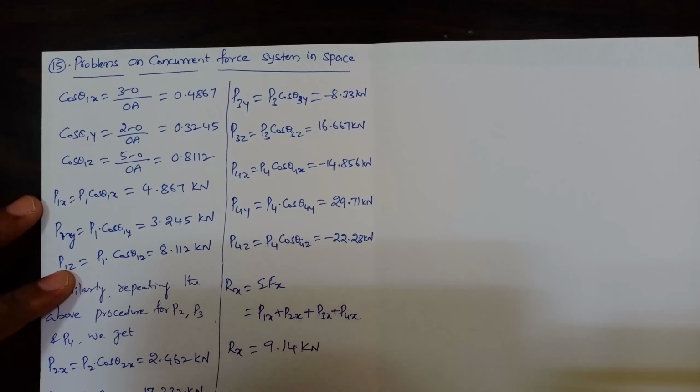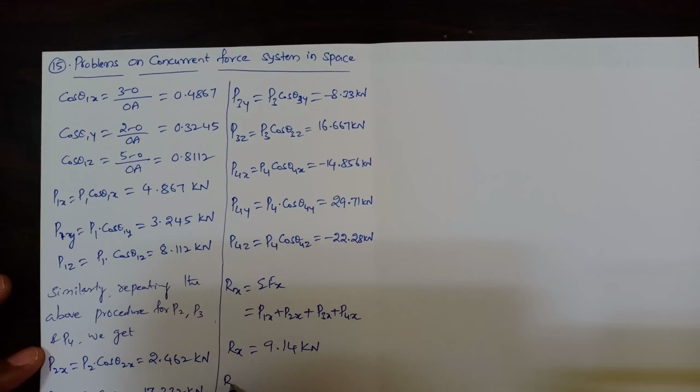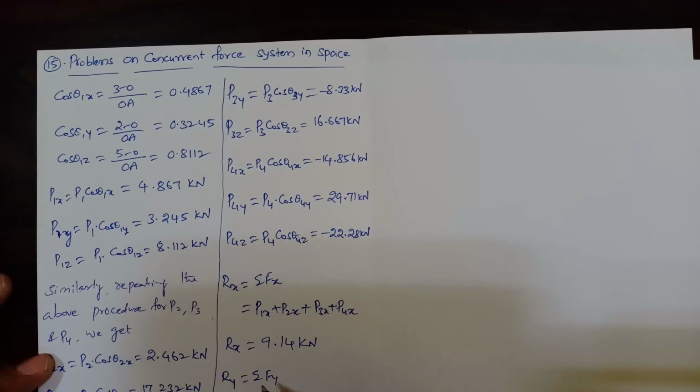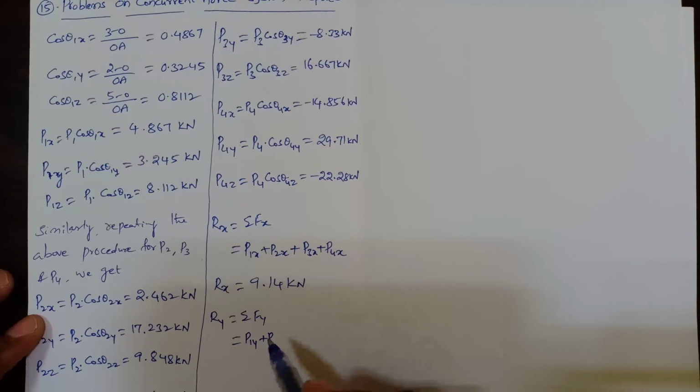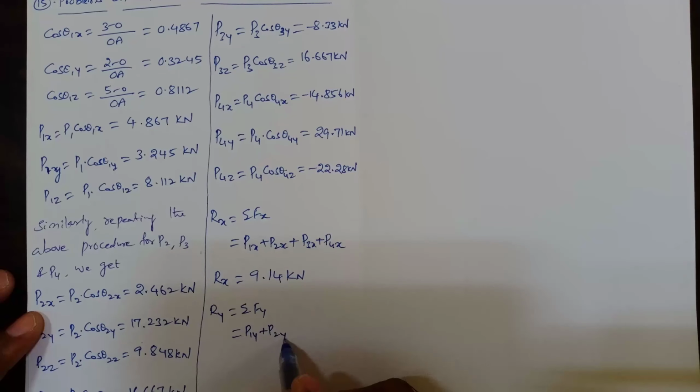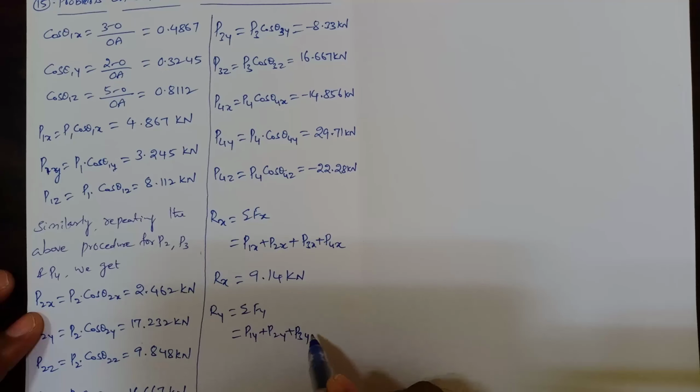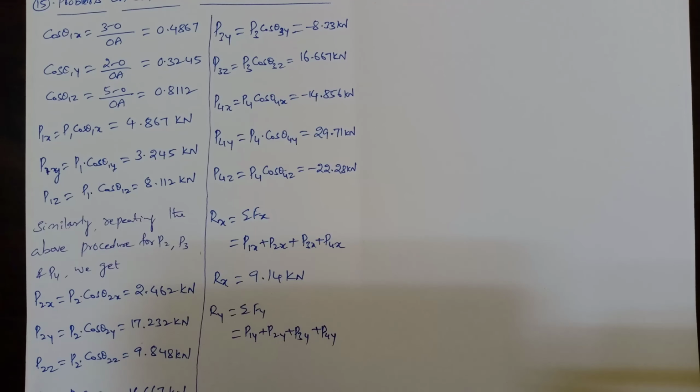So Rx is 9.14 kilonewton. Similarly, Ry is equal to sigma Fy, that is equal to P1y plus P2y plus P3y plus P4y,